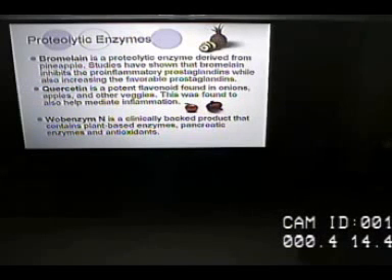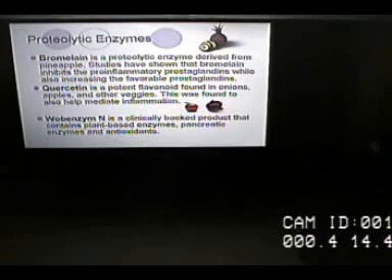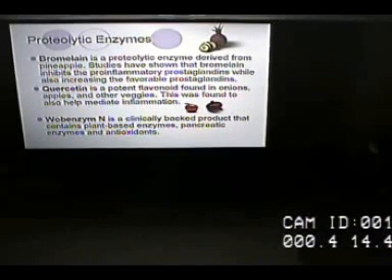Proteolytic enzymes. Bromelain is one. It's derived usually from pineapple. Studies show that this inhibits the pro-inflammatory prostaglandins while increasing the favorable ones, so helping with the anti-inflammatory while decreasing the inflammation. Quercetin is usually found in onions, apples, and other vegetables. Helps with inflammation. There are products where you can get bromelain by itself, or with quercetin together.